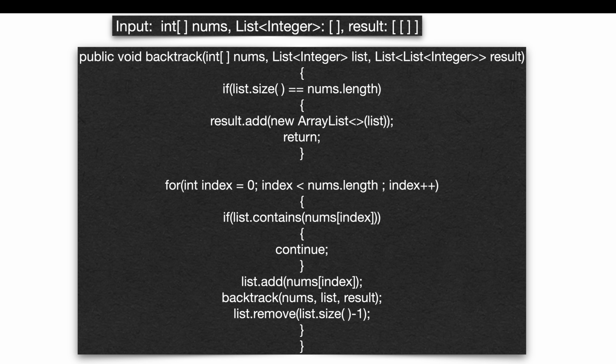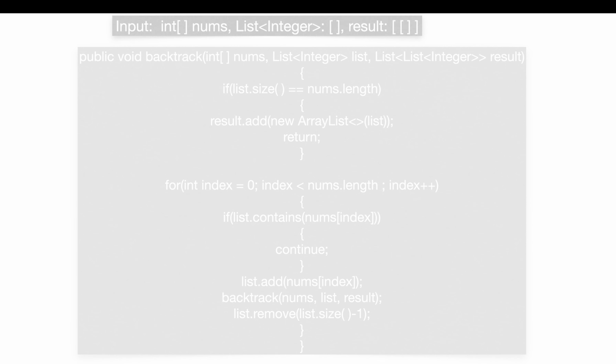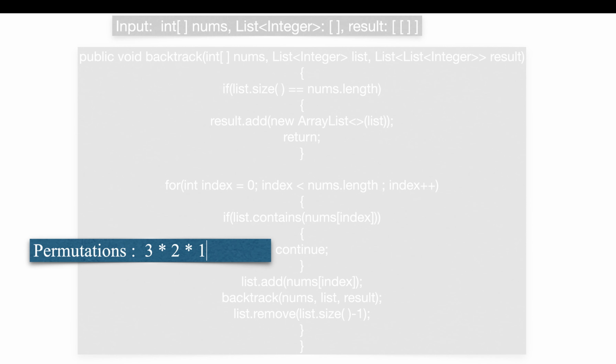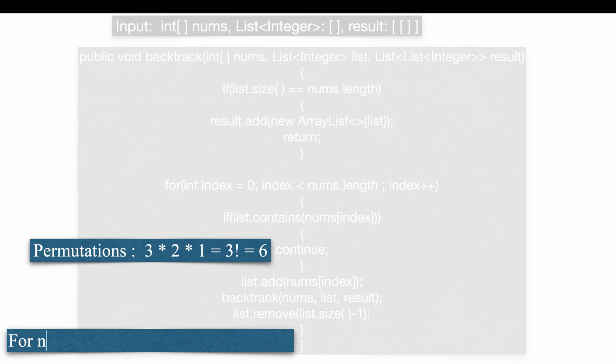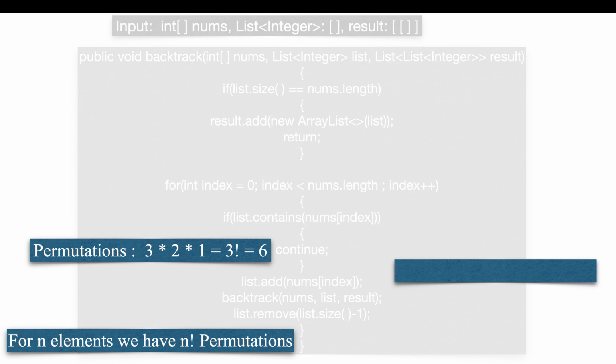That's it. It's a simple logic, but it needs very good visualization. So if you don't get clarity on this code, please go back and watch the video again. You will get full clarity. So let's understand the time complexity. As we know, we were able to make n factorial permutations, and whenever we made a permutation, we clone the n elements into the list. So the time complexity will be n into n factorial,